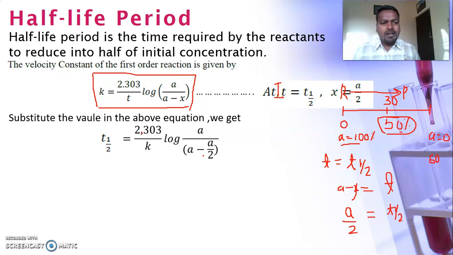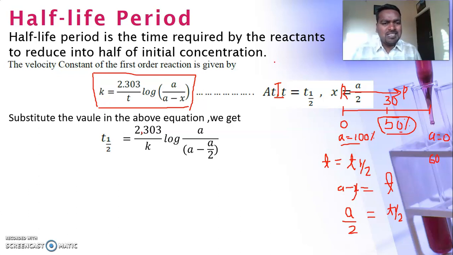And while deriving, you must know why we are taking the new terms in this derivation. A new term is often introduced in the reactions. You must know why we are taking those terms. For example, I took X is equal to A by 2 at t half. You must know why X is equal to A by 2 at t half. You can learn it from the definition.